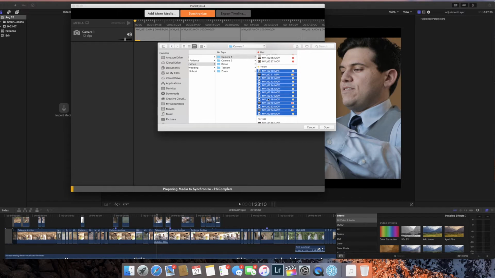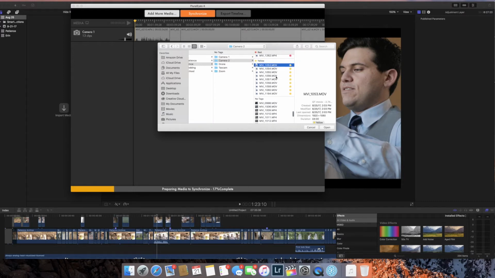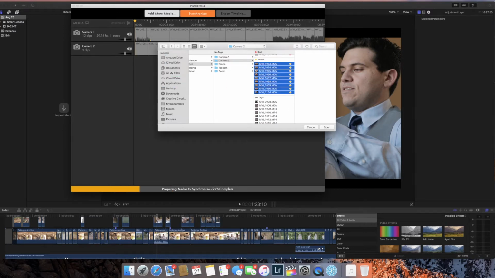I film solo, and I have 2 cameras and multiple audio sources. So there's my first cam, and here's my second cam. Select all the yellow, drag that in,